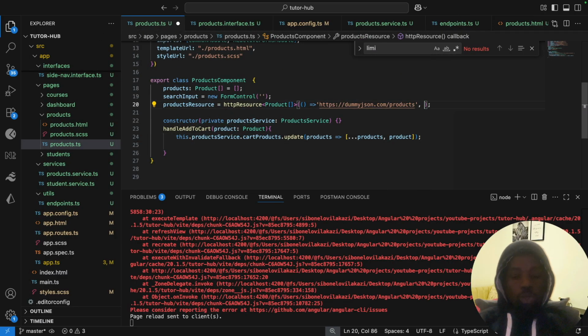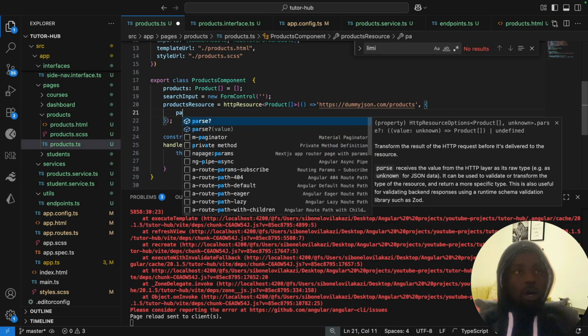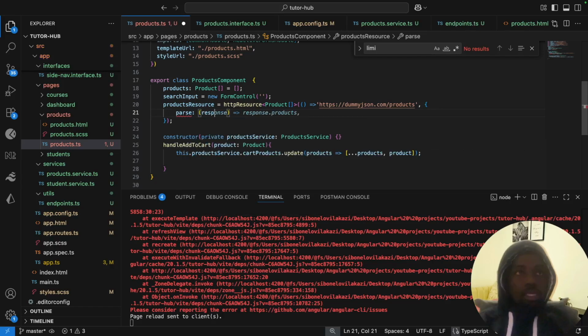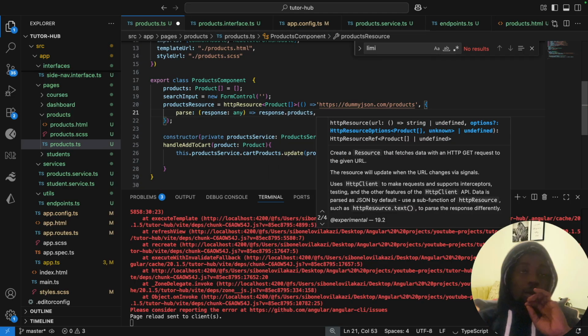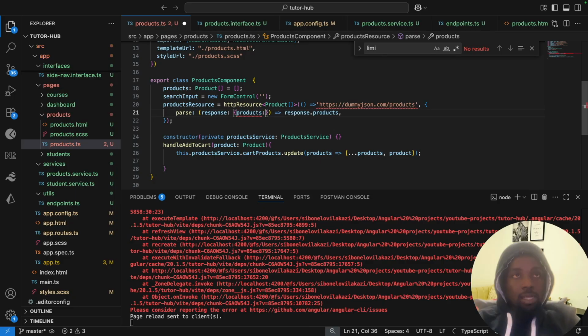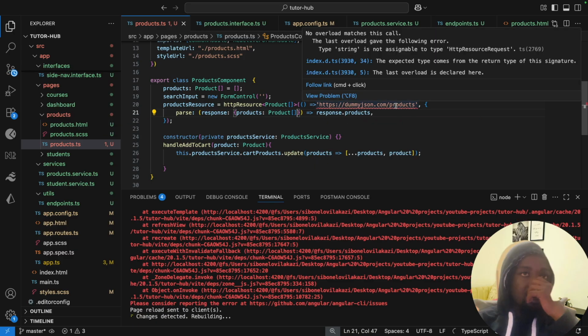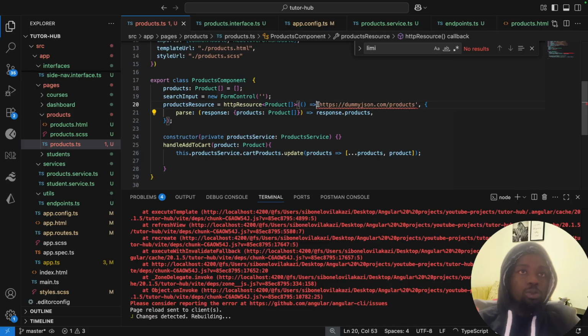HTTP resource is use this object here, and then we can use this parse. In our parser we can say our response is equal to any, but what we want from our response is actually our products. So some would say products is of type product, which is an array, and then you can return those products like that. But in my case, I can just use type any,